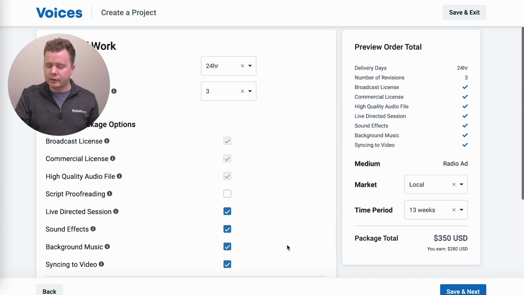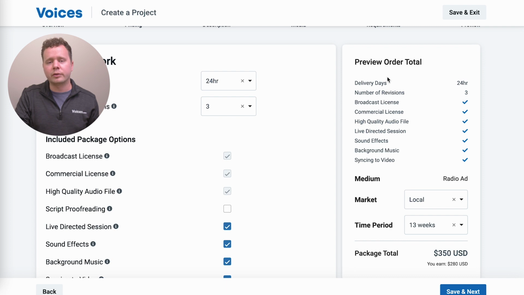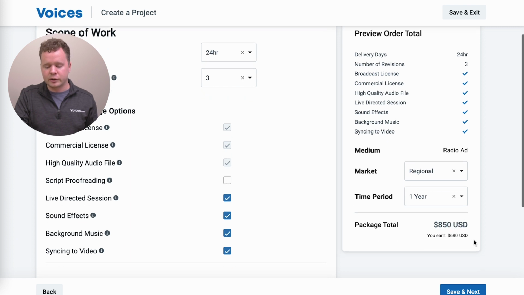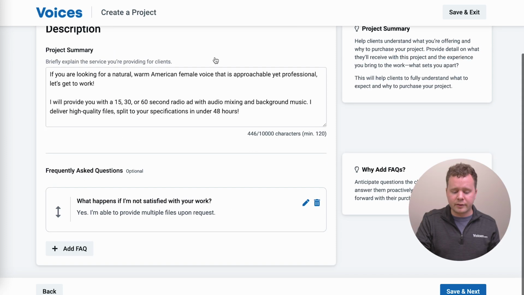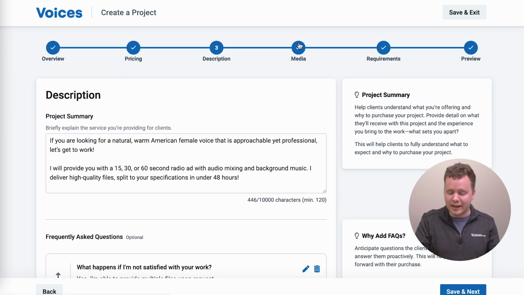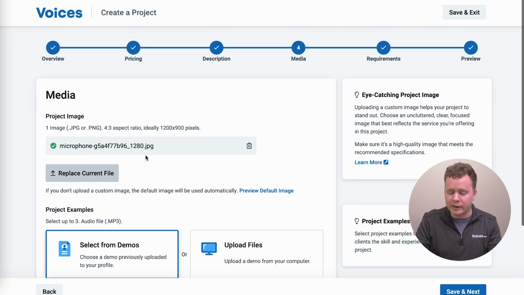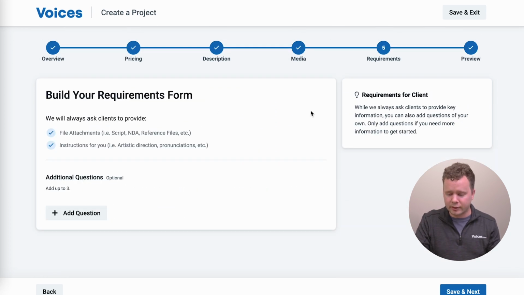Now you can go up here and look at the top right corner, and this is sort of what the client will be able to see. They can toggle between each of these different options and see how that price changes. Again, you're gonna see the client total on top and you're gonna see your take home down below that after it subtracts the platform fee. Aside from that, every other tab here is the exact same. We're still gonna pull in media from your profile so that you can upload demos quite easily. Requirements are also gonna look the exact same, but let's go ahead and jump over to the preview